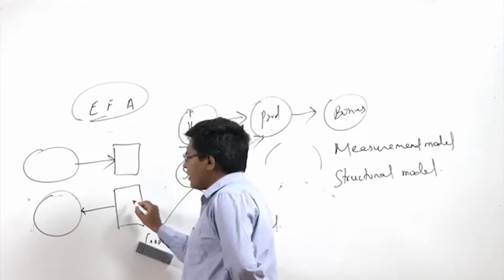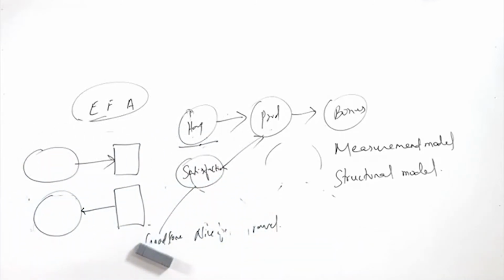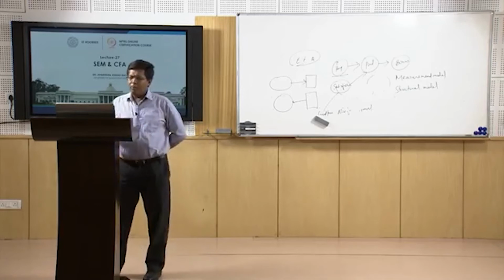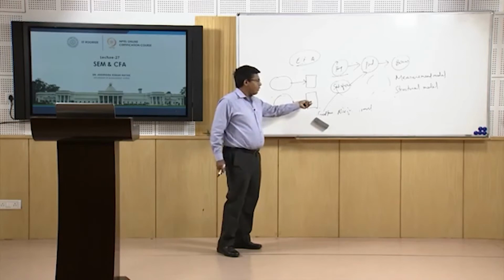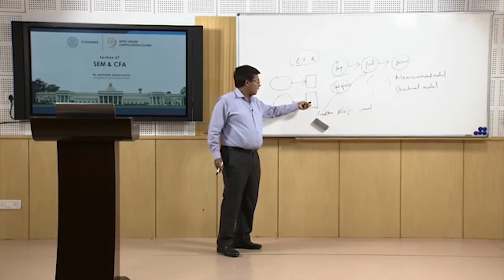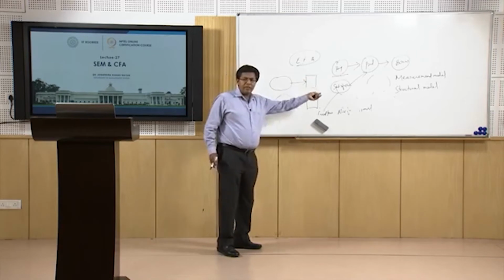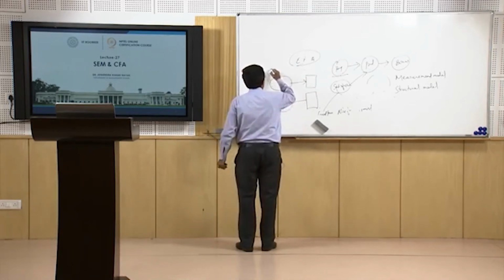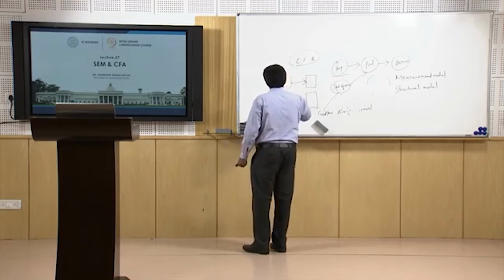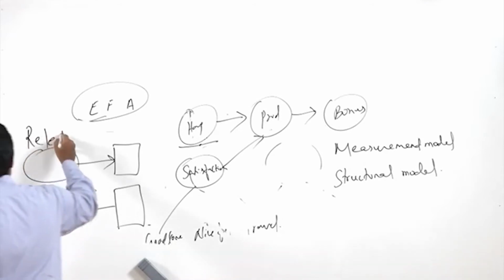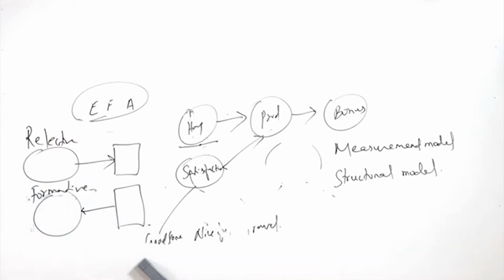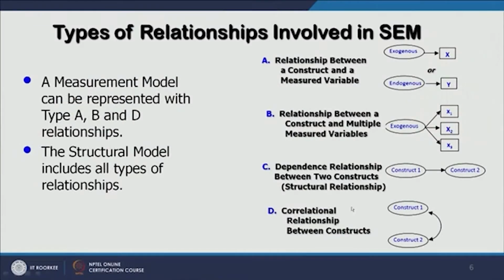In this case the variable is affecting the construct, the cause is the variable, and the variable is the independent variable, you can say, right. But in this case it is different. This is called a reflective construct, and this is called a formative one, reflective and formative. Okay. So now let us look at this. Now the second case is over. The third case, you can see that there is a relationship between the two constructs.